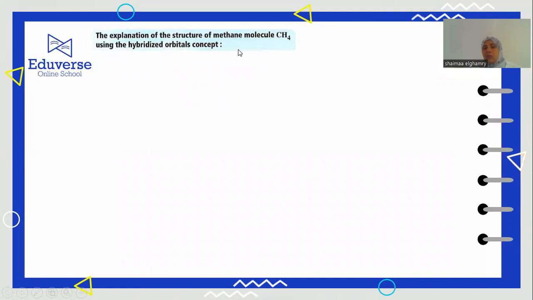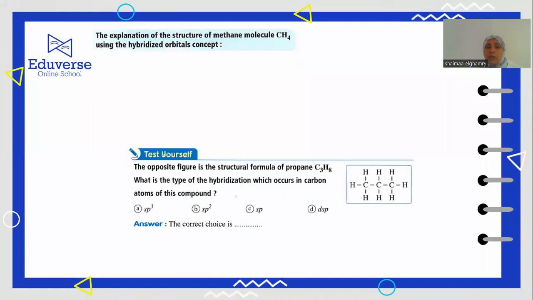Explanation of the structure of methane. After we explained the excitation and overlapping and hybridization, now we are able to explain the structure of methane. As we said, carbon has 4 bonds. Carbon is bonded with 4 hydrogen. So carbon 6 has 1s2, then 2s,